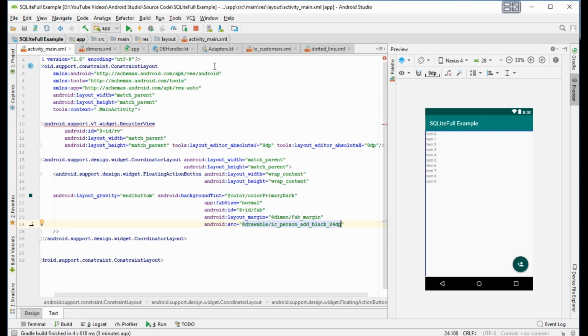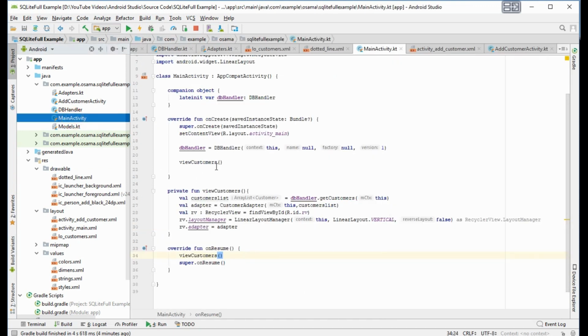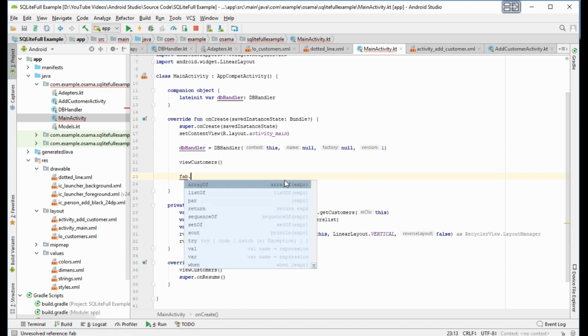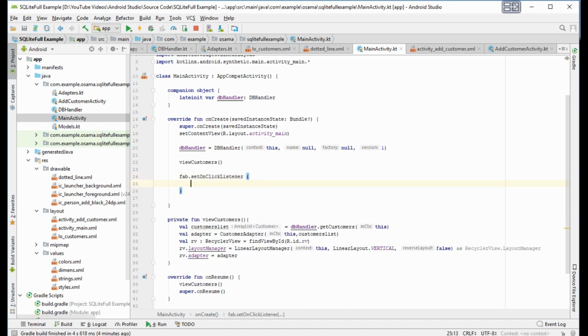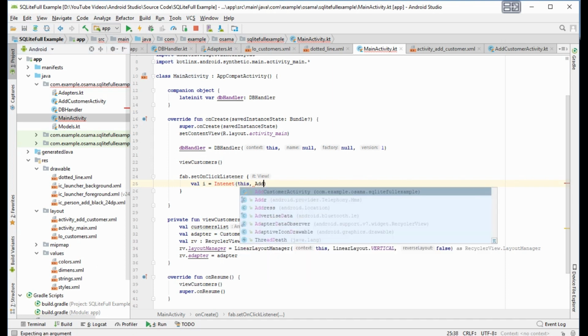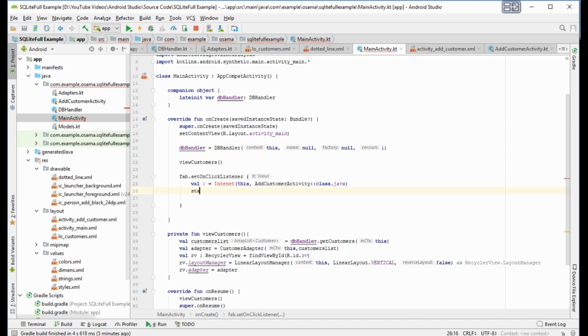Now on the main activity, here fab.setOnClickListener, val i equal Intent(this, AddCustomerActivity::class.java), startActivity(i).